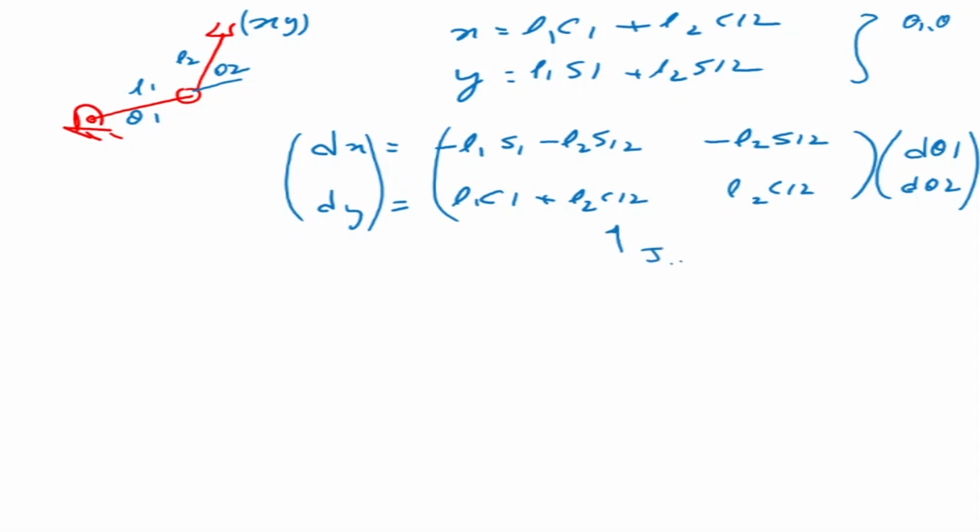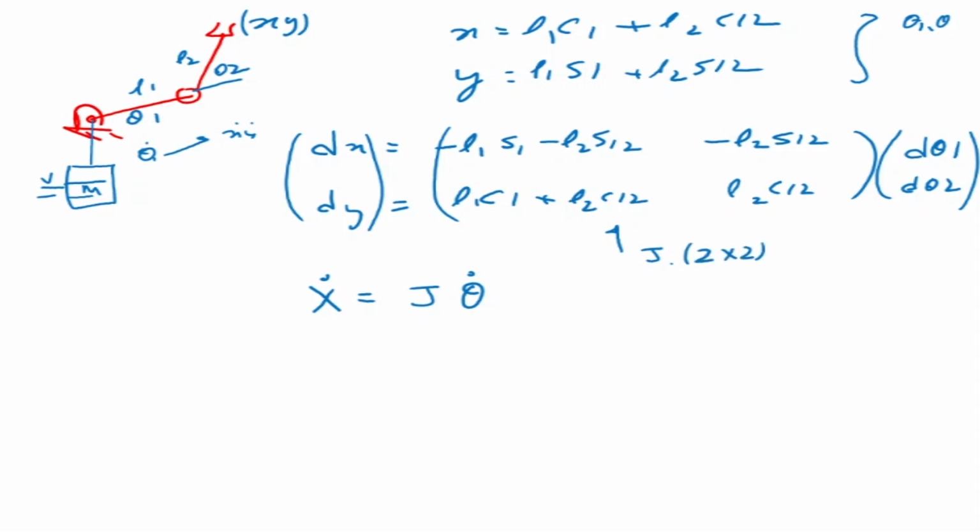Now in terms of control of the manipulator, every joint is connected with a motor. It is actuated by a motor. So I give some velocity input, the joint rotates. If the joint rotates, theta 1 will change, and if theta 1 changes, then x, y will change. So there is some relation between the joint velocities and the end effector velocities, and that is given by the relation we discussed in the last class, which is x dot is equal to J into theta dot.